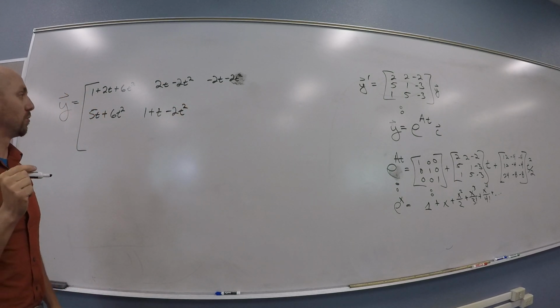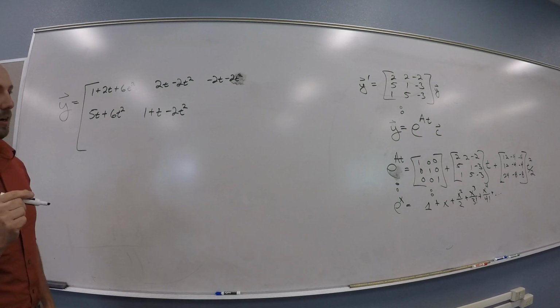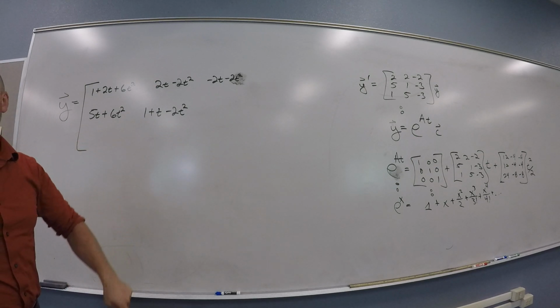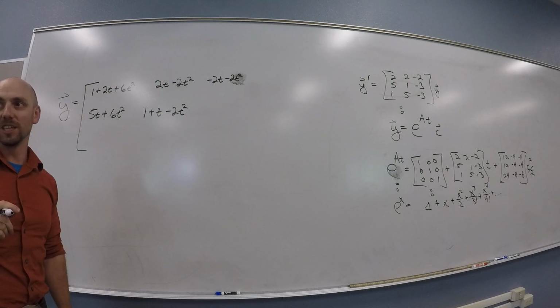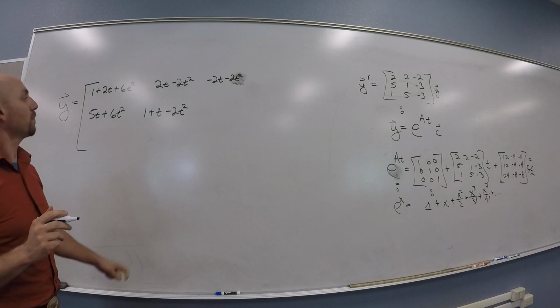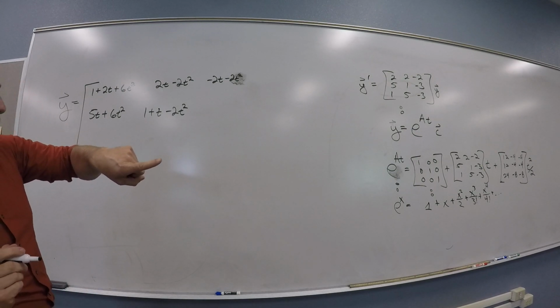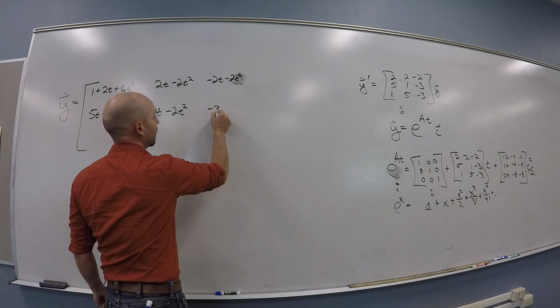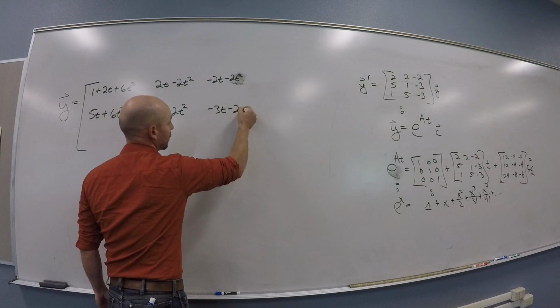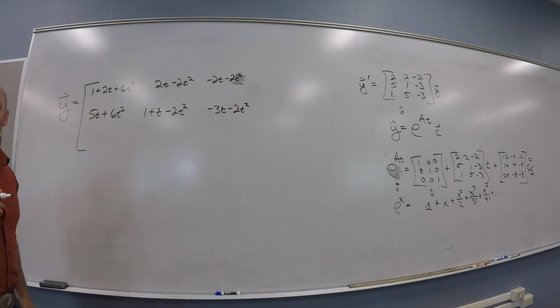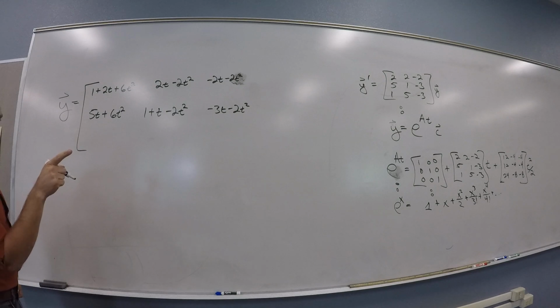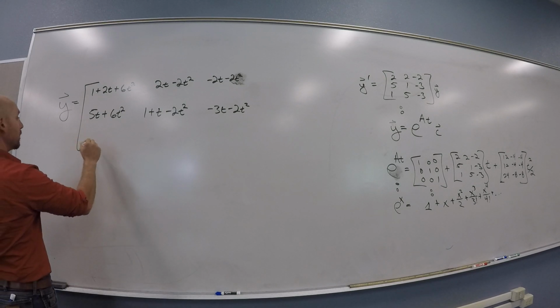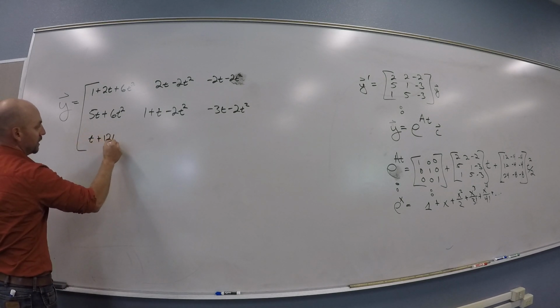And you could probably try to get the calculator to do this. It depends on how smart your calculator is, whether it'll hold those t's in there for you or not. Let's see, and then my next one is going to be a 0 minus 3t minus 2t squared. And then my bottom row, real quick and in a hurry, is t plus 12t squared,